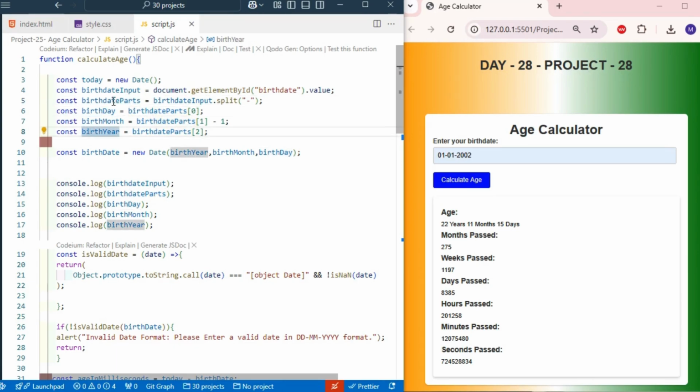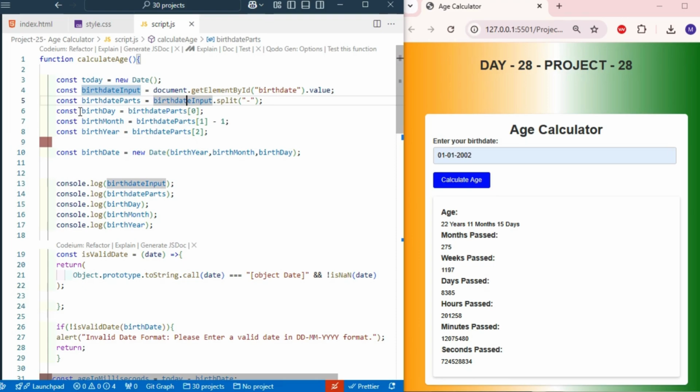So for today, I am taking the new Date method. The birthDateInput can be accessed through the document.getElementById of birthDate dot value, giving the input value like this. And birthDateParts can be accessed through birthDateInput.split of hyphen, showing like this.